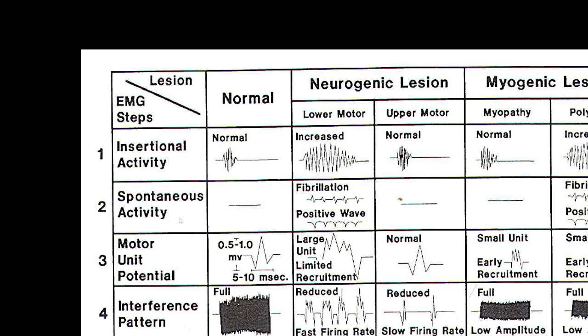Now the differences would be, in case of nerve conduction studies, as you introduce the initial stimulus, a normal stimulus would produce a typical wave of short duration in the nerves. In a lower motor neuron pathology, you will have an increased response. In upper motor neuron pathology, there may not be much of a change, it may look normal. In case of myopathy, the stimulus response is initially normal, but in polymyositis, it will be increased. So by looking at that pattern of the waves produced on first stimulation,